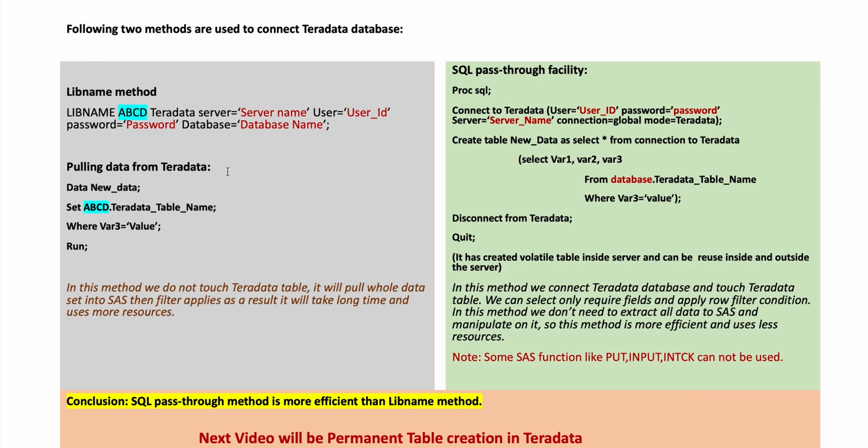Next step, how to pull data. We can pull data by using set statement. Data, that's a table name, newdata. Set ABCD, that means the library name which is already created here, dot Teradata table, from where we are going to select data. Suppose filter condition is applied on var3. Then we use here where var3 equals certain value. Semicolon, run, semicolon. When we run this set of code, then extracted data is stored in this table, newdata,